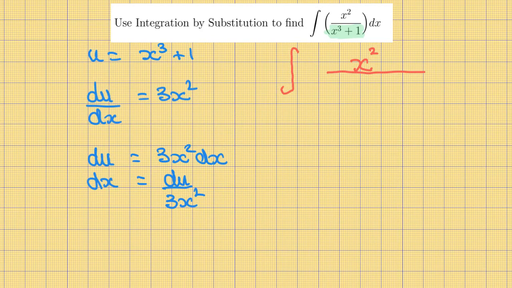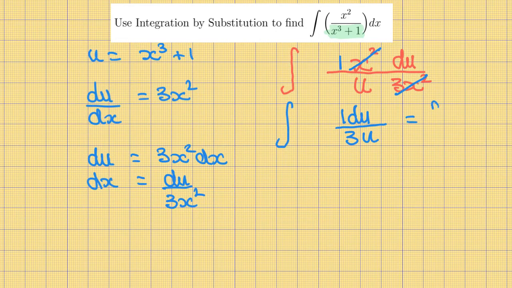x cubed plus 1 is now u, and dx is equal to du over 3x squared. The x squareds now cancel, so we are left with the integral. That is now 1, so 1 du over 3u,